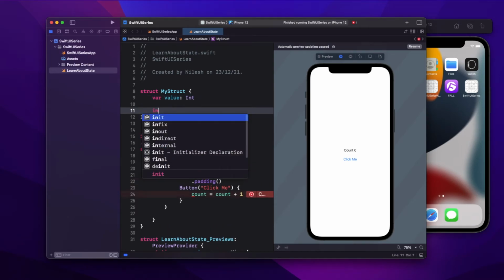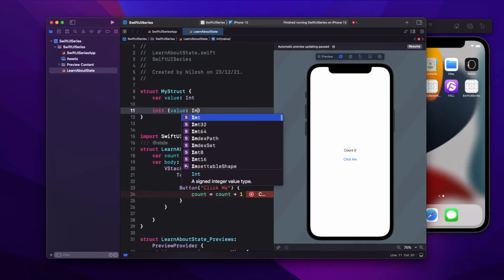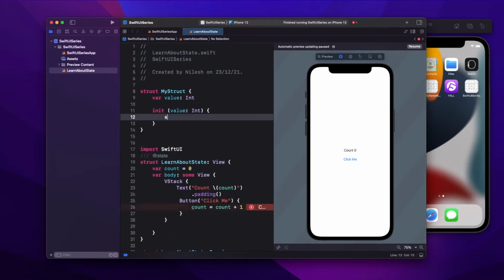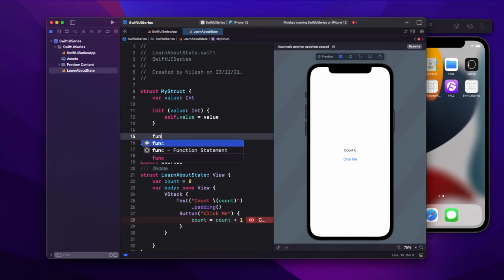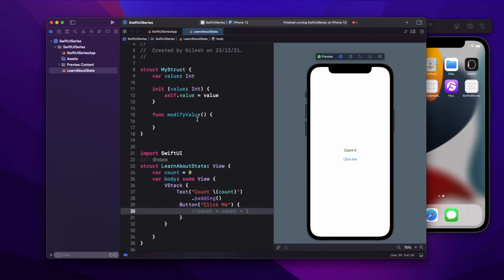I'm writing a simple initializer, value colon Int, and then self.value equals value. Now I'm writing another function, modifyValue. For the time being I'm commenting out the modifying line so that there is no error. If I resume it, I'm not getting any errors, which means everything is fine.